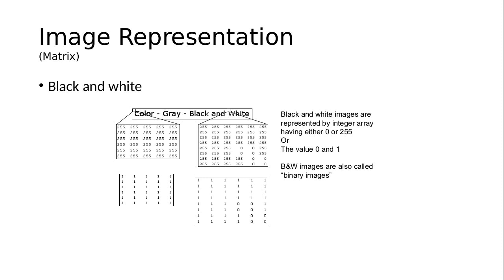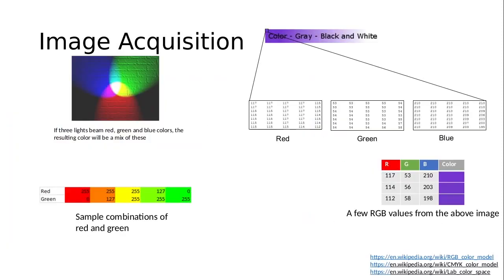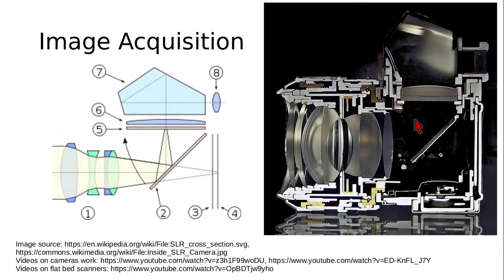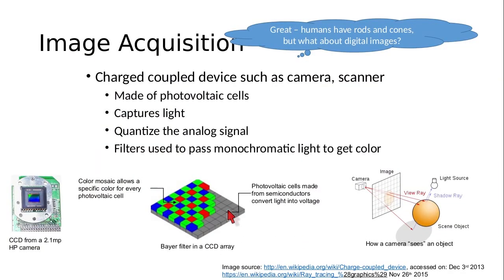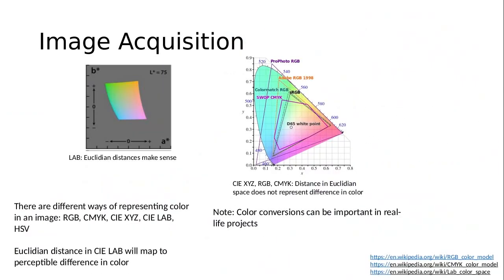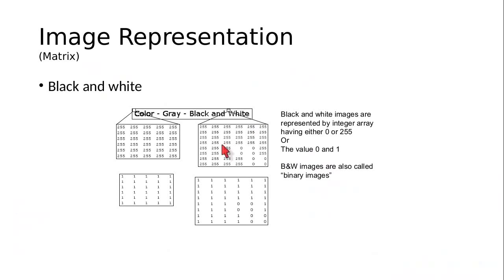When we were discussing charge coupled devices, we mentioned that you can have three channels, right? Red, green and blue, and each photovoltaic cell would be stored using 8 bits. The electrical impulse coming from each photovoltaic cell will be stored in 8 bits. And because it's stored in 8 bits, you have values going from 0 to 255. You have 256 values. Now, in the early version of cameras that had come out, you only had two levels. You had either black or white. So the value was either 0 or 1.